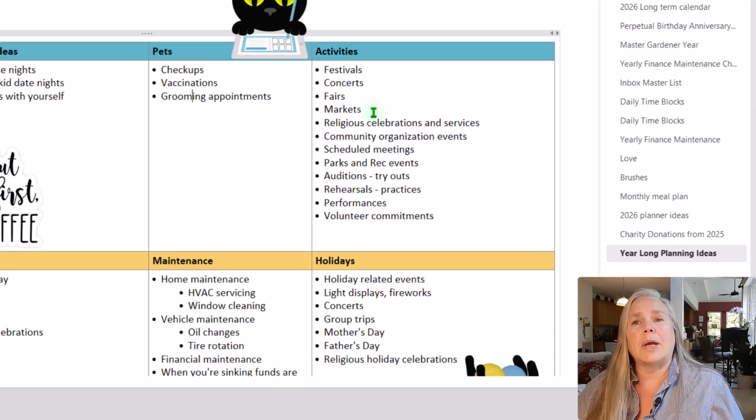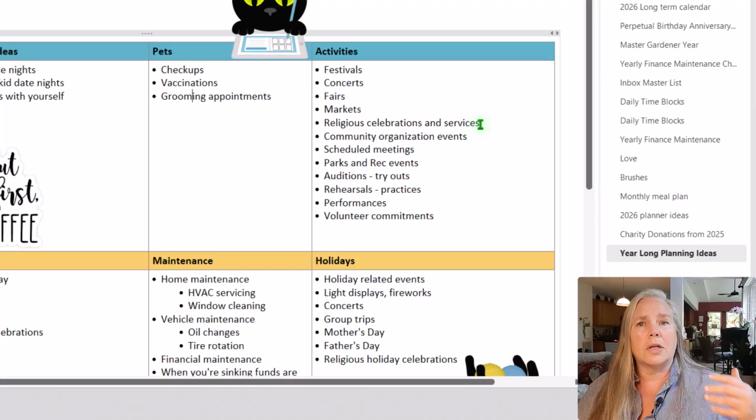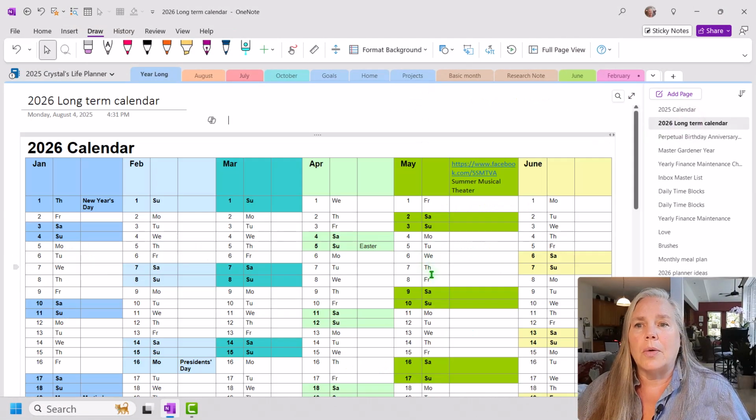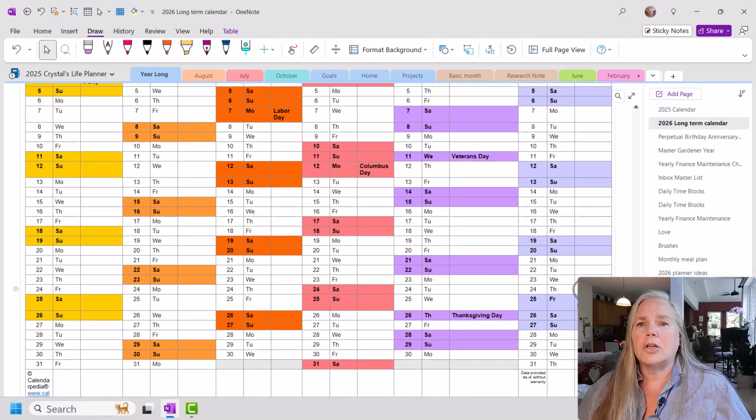Okay. Another idea is religious celebrations or services that might occur on a regular basis or on a specific day of the year. So, for example, in my church, I know that the Christmas Eve service is always going to be on Christmas Eve.